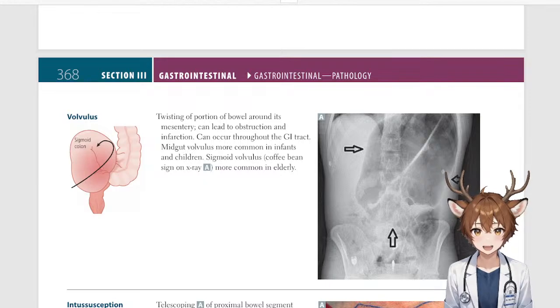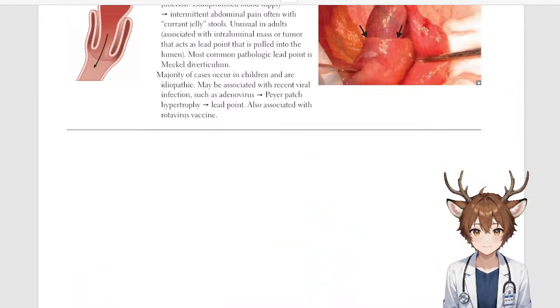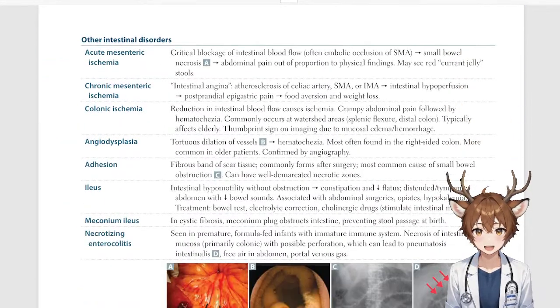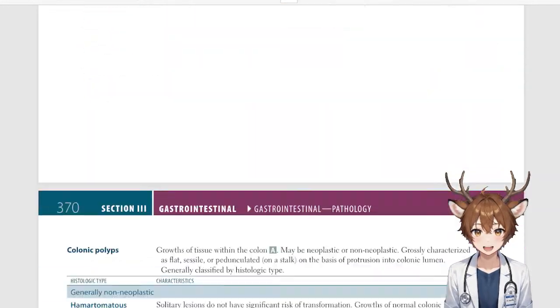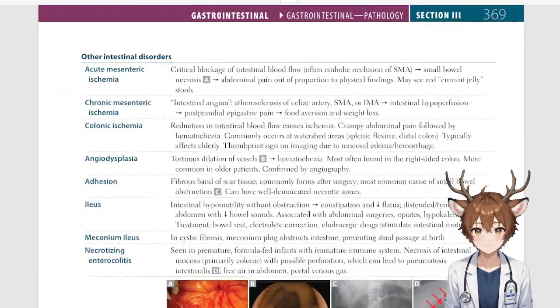Okay. What about short bowel syndrome? Do we have that in here? We have acute mesenteric ischemia, which we'll talk about in a bit. Maybe they just don't have that section. Let me talk about